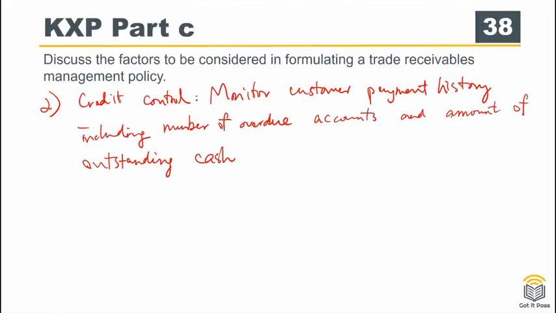Monitoring the customer's payment history is the first part. The other part is